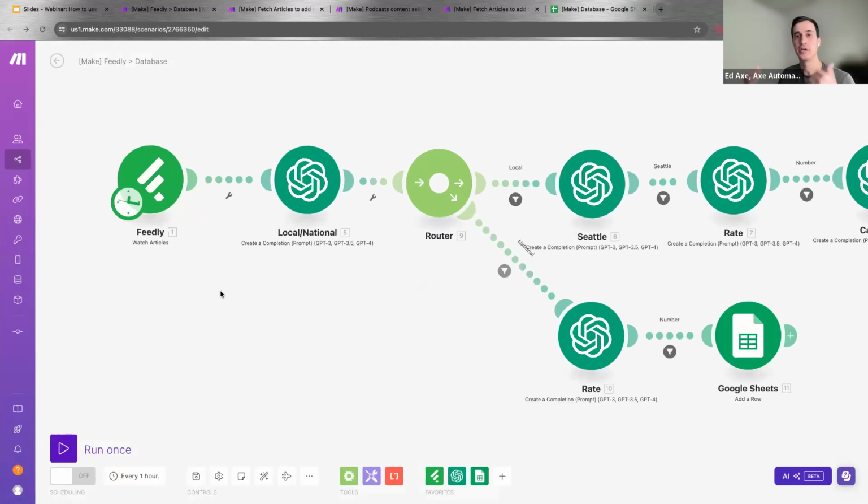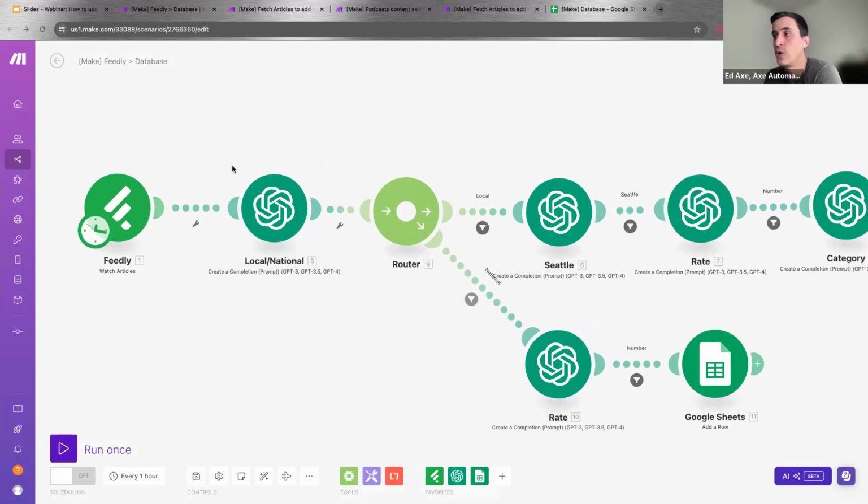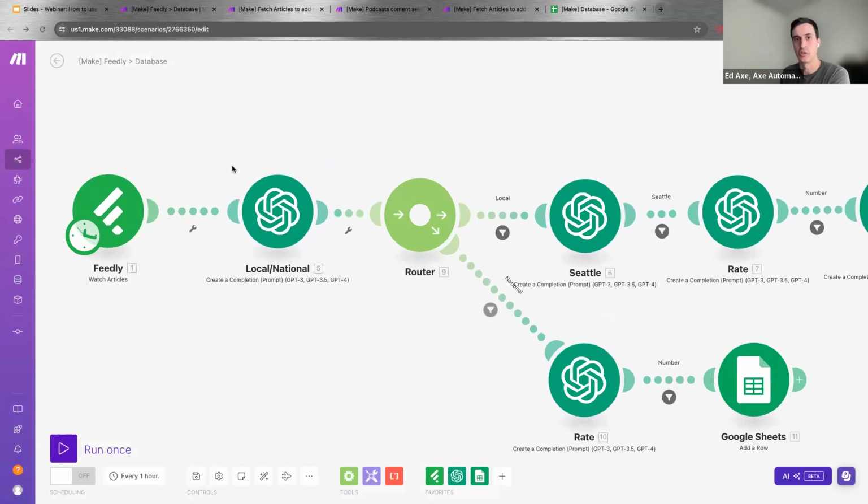Great. So with the trigger in place, we created our first action. The same way that you have the first module as the trigger, you're going to have other modules, which are going to be all the actions that you want to perform in this scenario.